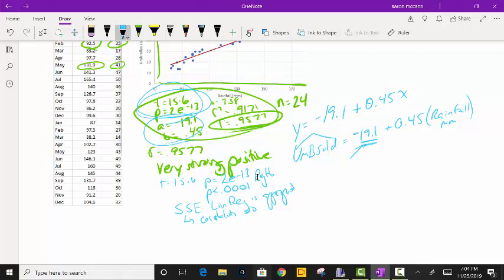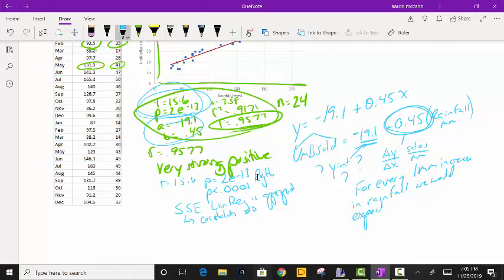Now, we can't have a negative value, so typically your y-intercept doesn't always have a meaningful interpretation. But what we do have is the slope. The slope is change in y over change in x, which in this case is sales over millimeters of rainfall. So the interpretation would be, for every 1 millimeter increase in rainfall, we would expect umbrella sales to increase